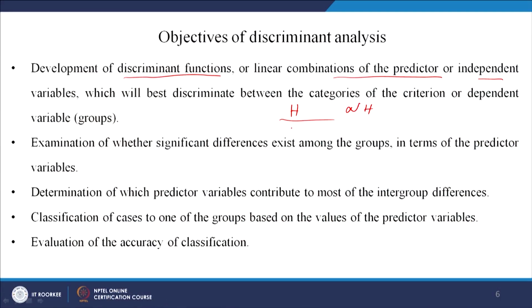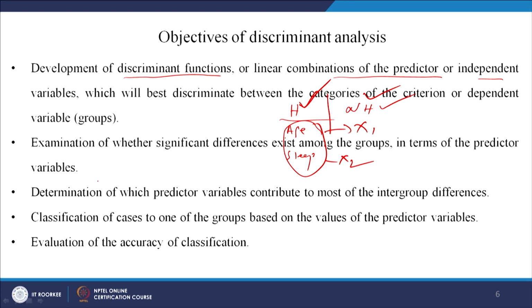So, in the criterion variable you have, let us say, heavy and non-heavy. If I take the independent variables like age, let us say sleeping habit, etc., then how are these helping to differentiate between heavy and non-heavy? Can I create an equation, a discriminant function, which will help me, by putting in the values of x1 and x2, to predict whether he will be a heavy person or a non-heavy person in weight, right.